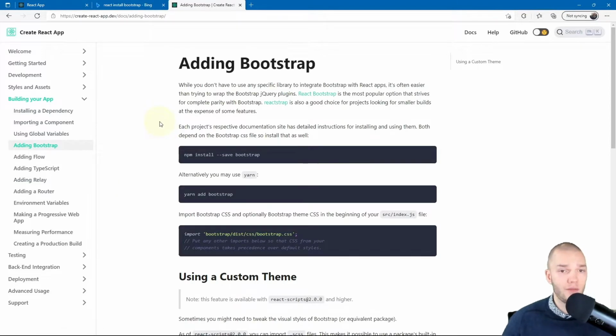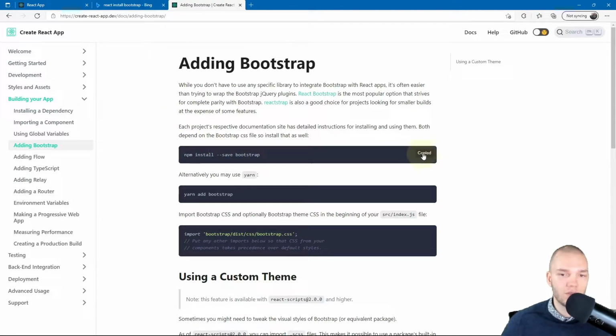So yeah, you have npm packages where Bootstrap is already divided into React components, but I'm gonna use the vanilla implementation for this tutorial.